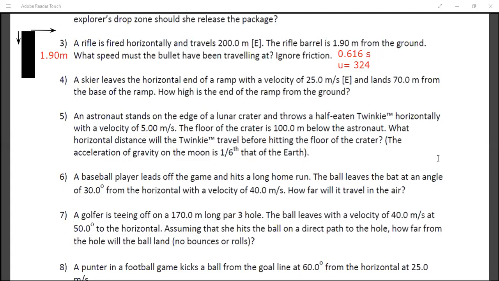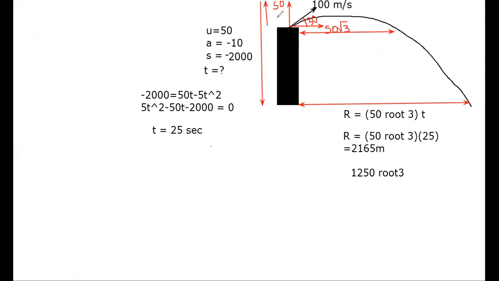Yeah, sir. I had a doubt in the previous question. The second question I had a doubt, sir. Tell me. I didn't understand how you got the value of t as 25, sir. By solving that kinematic equation. No, sir. I didn't understand how you put s as minus 2000, sir, and after that it is going to come down, again 50t minus this, sir. I didn't understand how you framed this equation, sir. This was s is equal to ut minus half at square. See, these assumptions, you understood this one.